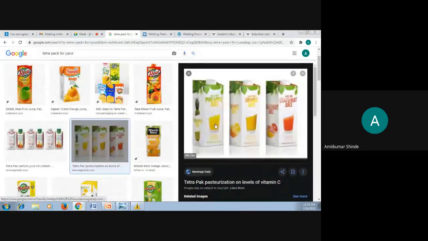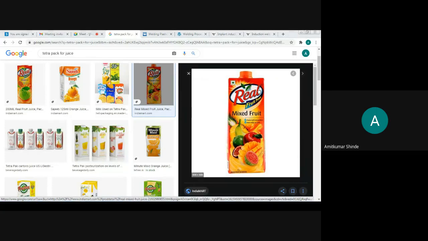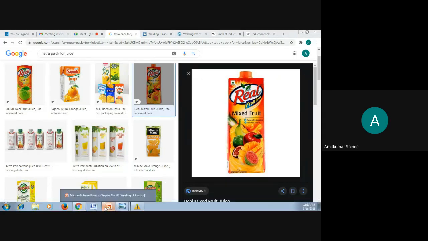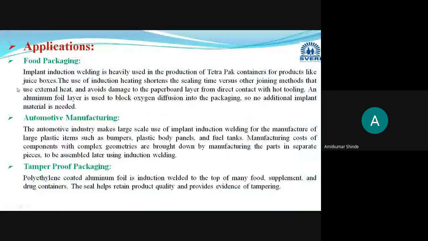These are Tetra Packs, you can see clearly here. These are the Tetra Packs for storing juice, and whichever joints are there, they are created by this induction welding process. Implant induction welding is heavily used in production of Tetra Pak containers for packing products like juice boxes.